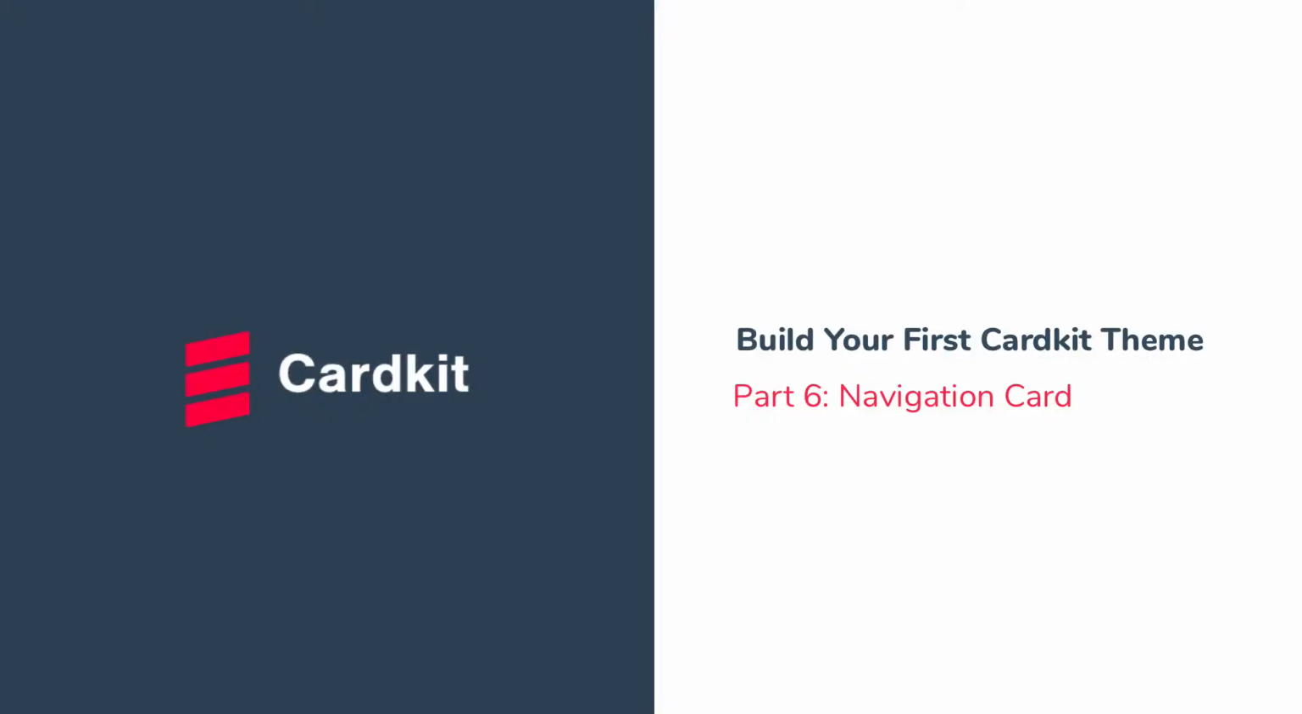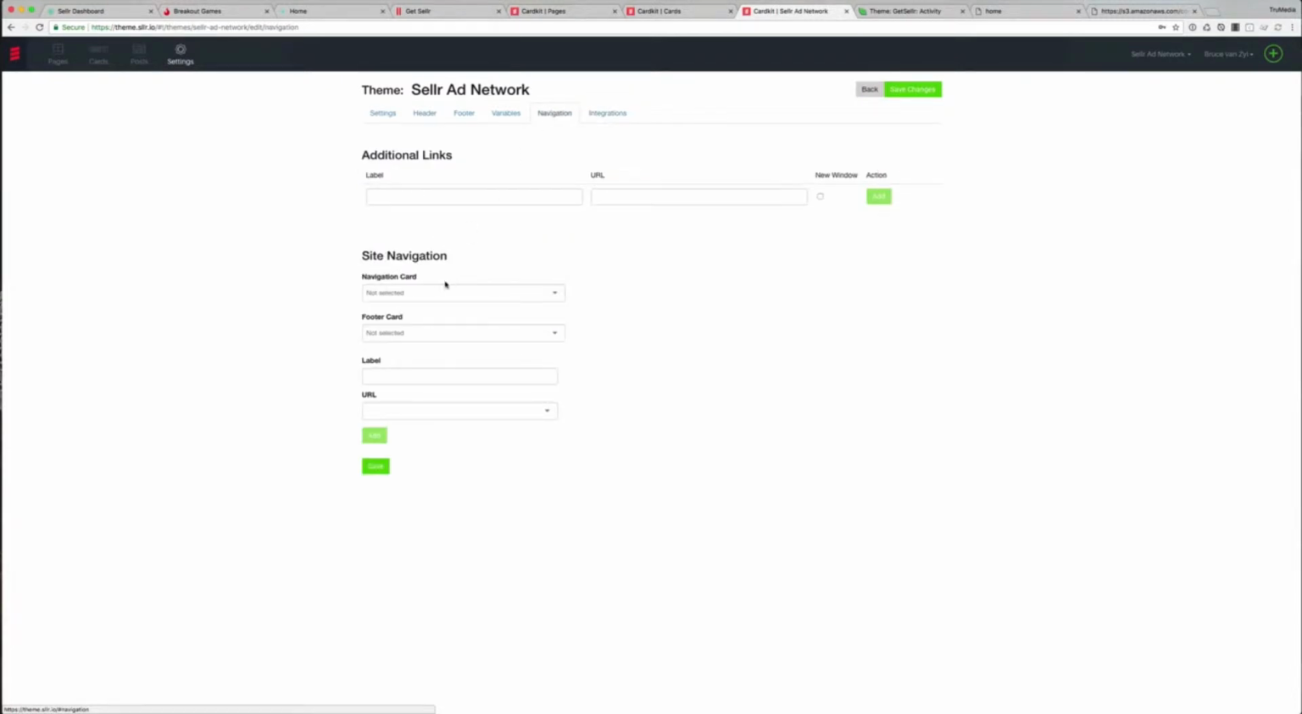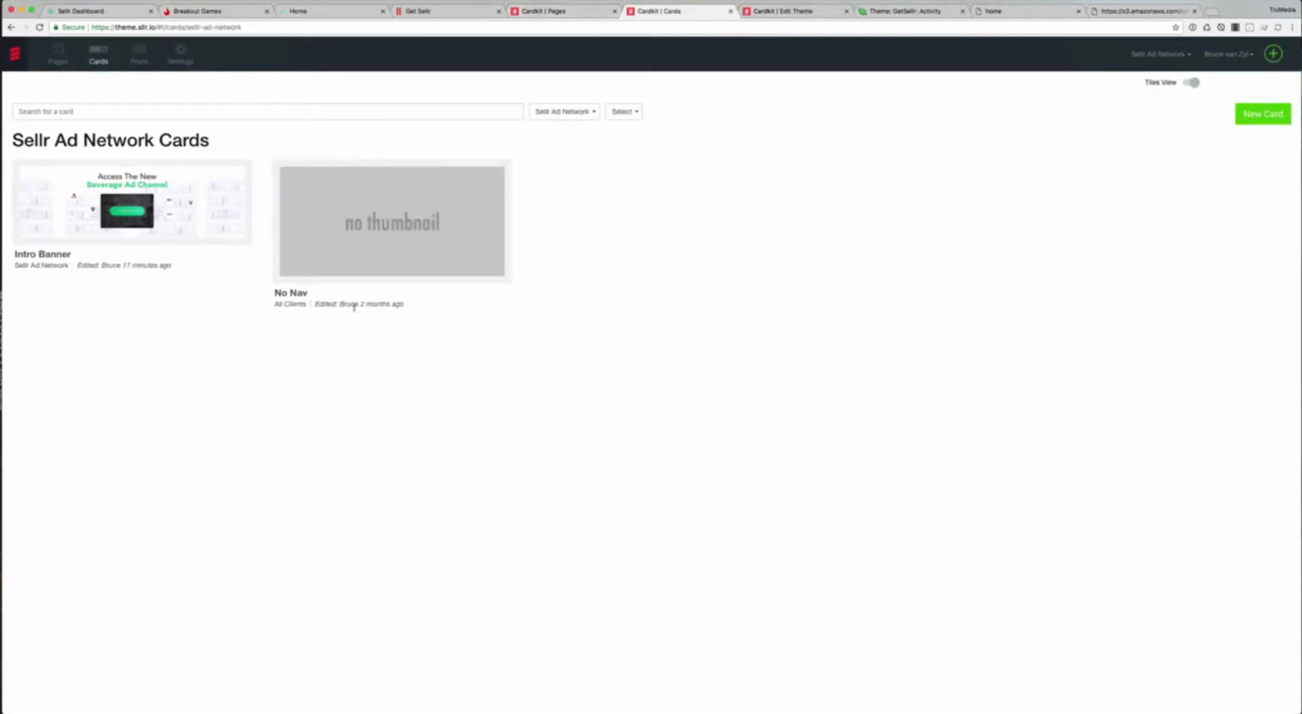In this video, I'm going to show you how to build a dynamic navigation card. I think I mentioned earlier, but there's a way inside of the theme builder where you can actually specify in your settings, you go to navigation, then you can choose which of the cards you want to be used as your navigation. So what we're going to do is basically create one card here,